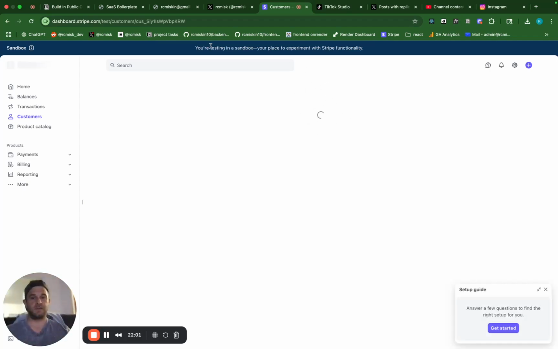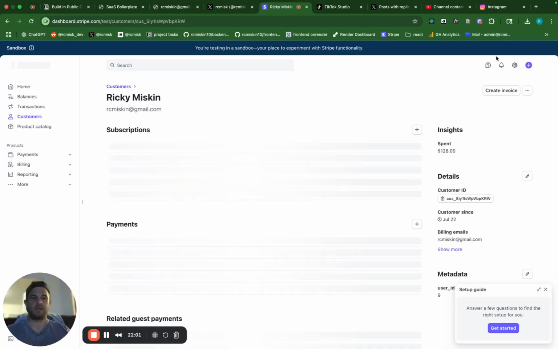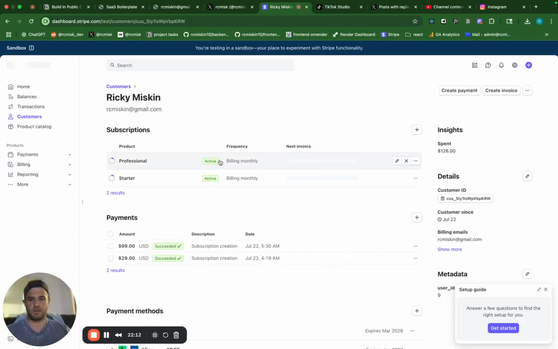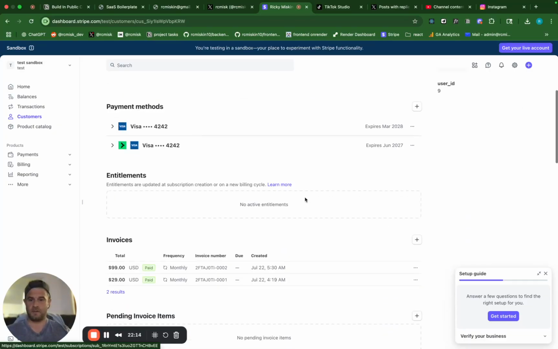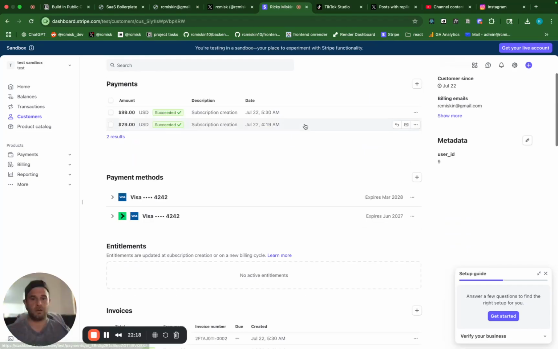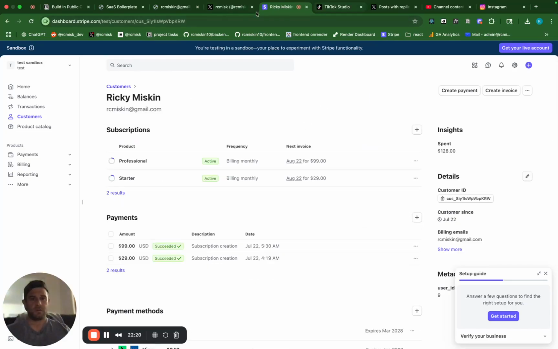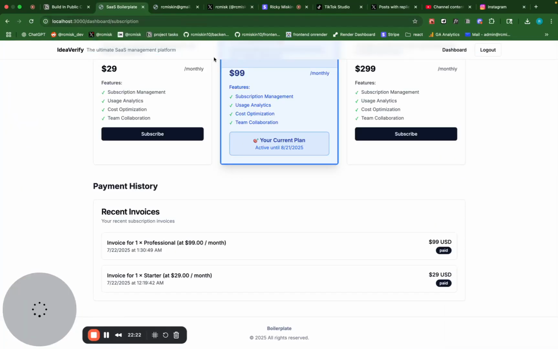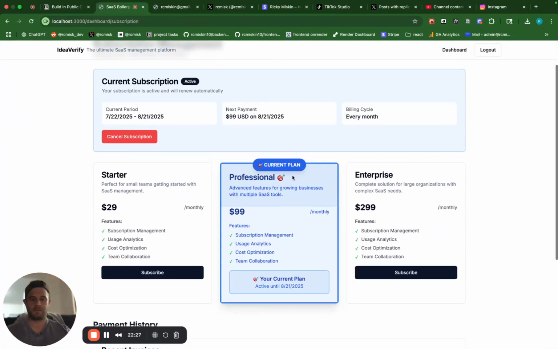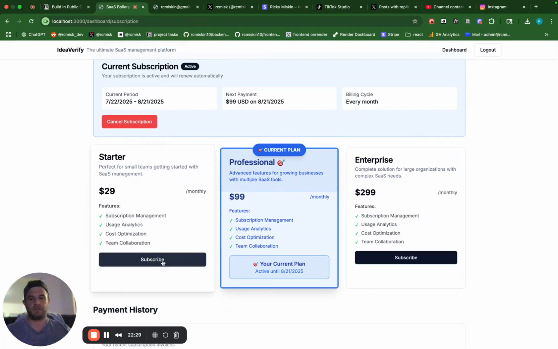Refresh. So this is the testing sandbox in Stripe. So now this is real. So yep, active. Yep, sweet. Monthly. Perfect. Looking good. And then if we want to subscribe